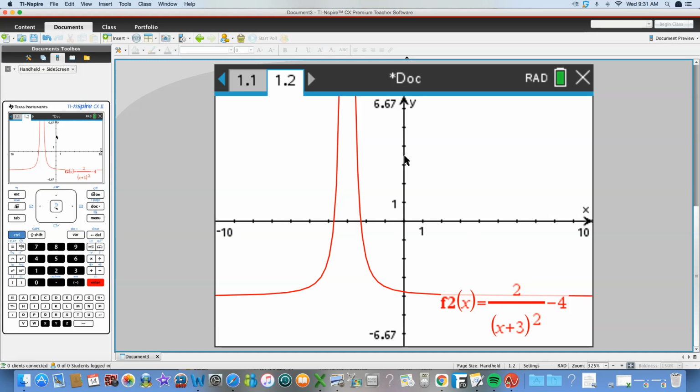Okay, so in your graph, hopefully you guys got this graph, all right? You can see by looking at it, there's an asymptote there at negative 3, which makes sense when you look at it. You had x plus 3 in the denominator. Negative 3 makes it 0. So negative 3 is going to be one of our things, and then we have to find the zeros. So just menu